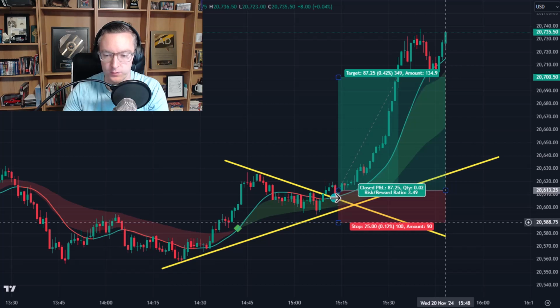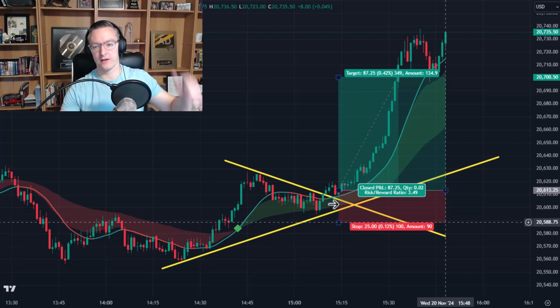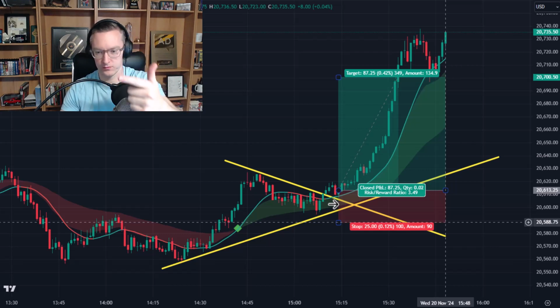Retraced back down, just tapped our royal bloodline right here, right? So now we're in an indicator green cloud, in green momentum on the royal bloodline, and we had a green candle that closed above the royal bloodline. Again, I'm using the indicator here almost solely. I could have gotten in on that. But because I had another break of structure up above this